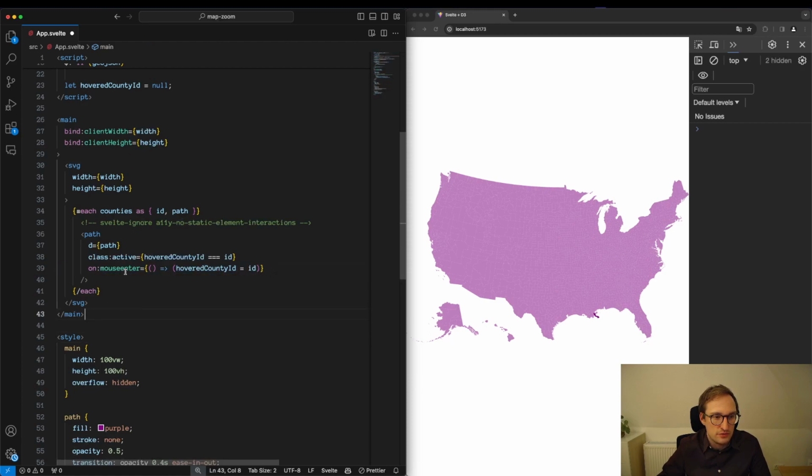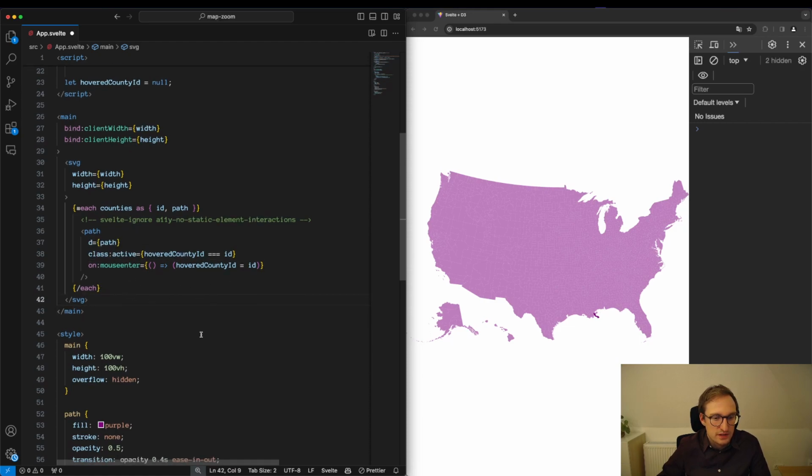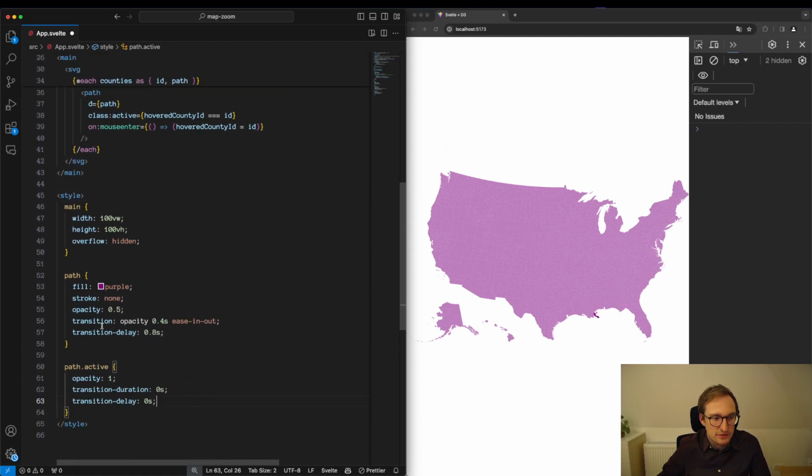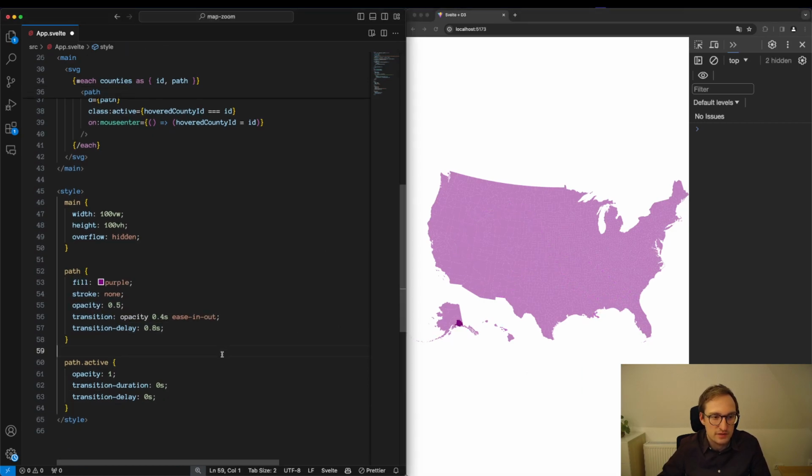We could also use mouse move, but mouse enter is nicer because there are fewer events. That's it. We have some styles, and also the whole CSS for these trailing paths. So you can look that up in my Svelte D3 training repository, where you find all this in the folder